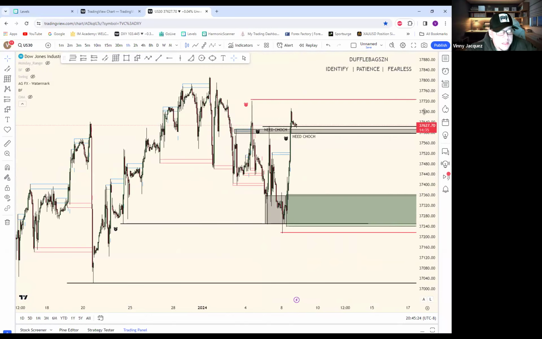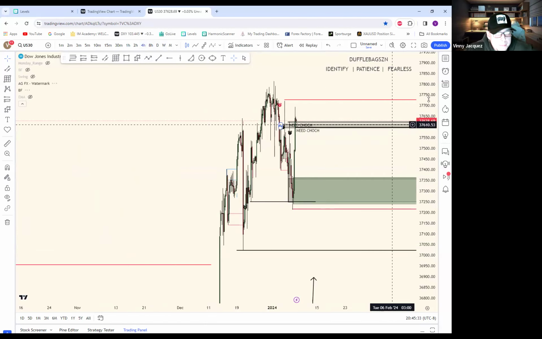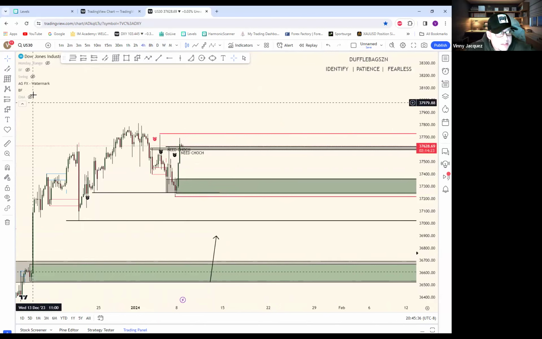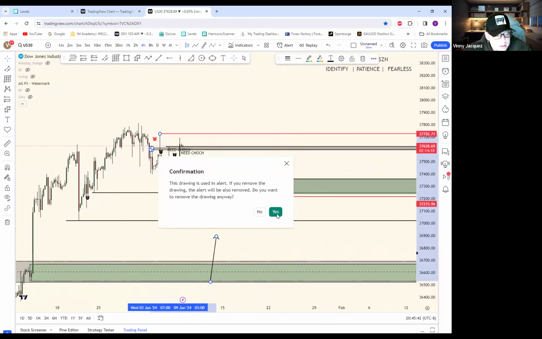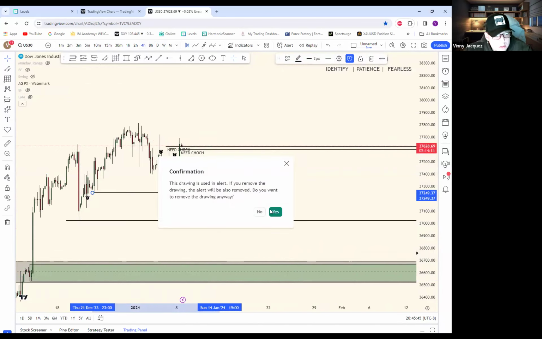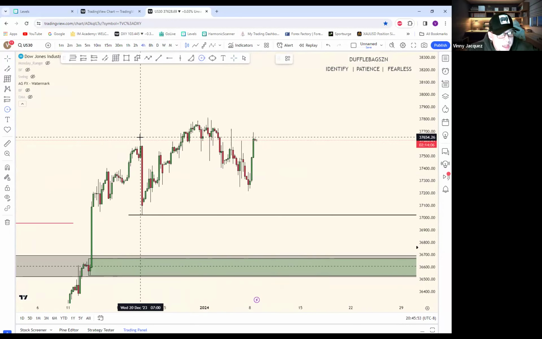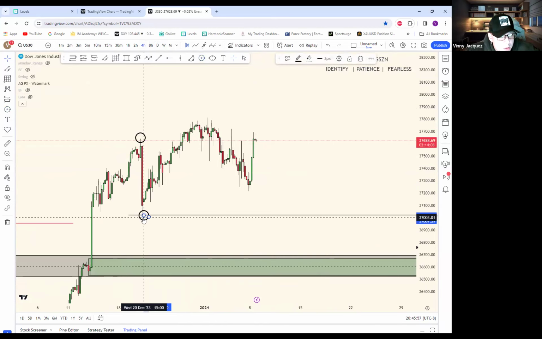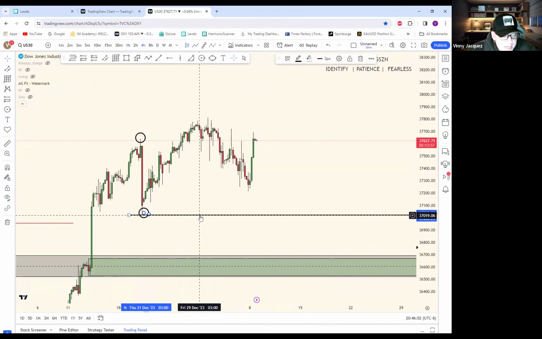And that goes for all of these. Look at even the US 30, it hasn't changed character yet. This is the dominant. Let's turn these off. Let's delete some of this stuff too so we can stay fresh. Look at how this is the dominant high and this is the dominant low. Everything inside of that is just internal market structure. We haven't even changed character yet on US 30, but